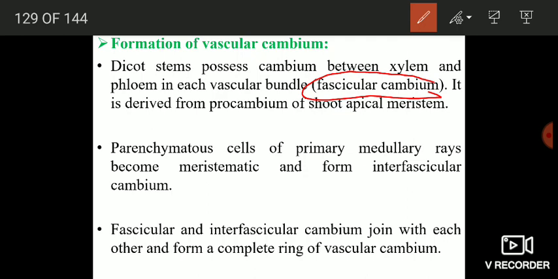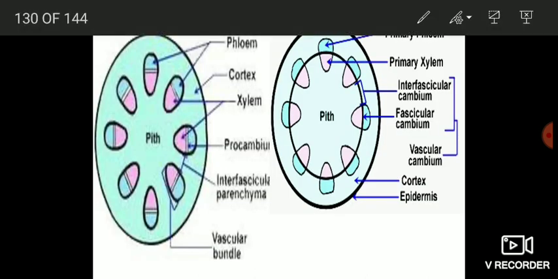Now the parenchymatous cells of primary medullary rays become meristematic and form interfascicular cambium. मैं आपको बताऊंगा next slide पे. Okay, you can easily see in the image. The fascicular and interfascicular cambium join with each other and form a complete ring of vascular cambium. Here you can see ये यहाँ पे जो cambium होता है present between primary xylem and primary phloem, this is